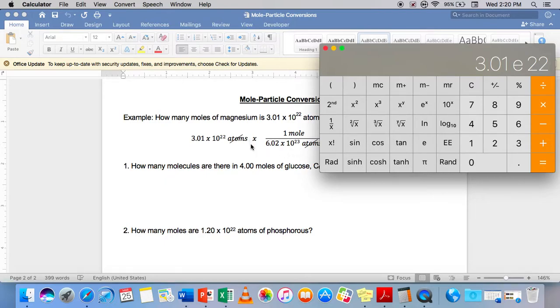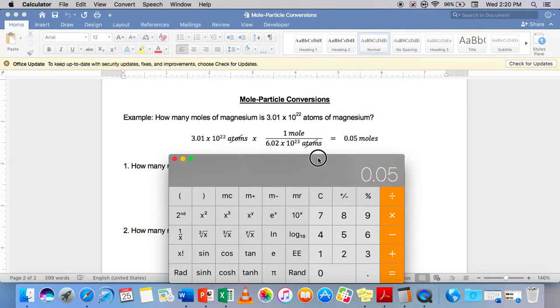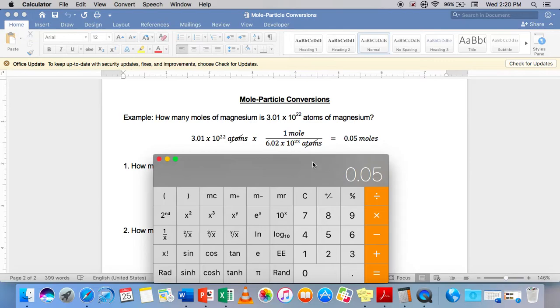Okay, now according to the math, I'm going to multiply it by 1 and then divide it by 6.02 times 10 to the 23rd. So I'm going to take the original number that's in my calculator, and I'm going to divide it by 6.02 times 10. Remember, hit that EE, that exponential notation, and then type in 23. By doing this, I then hit the equals button, and I get 0.05, and that matches the number that is